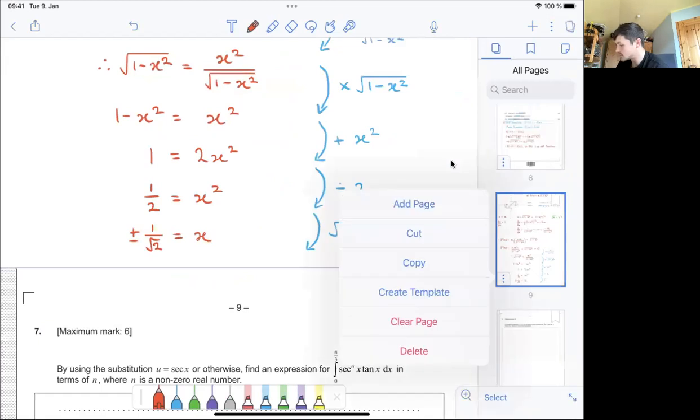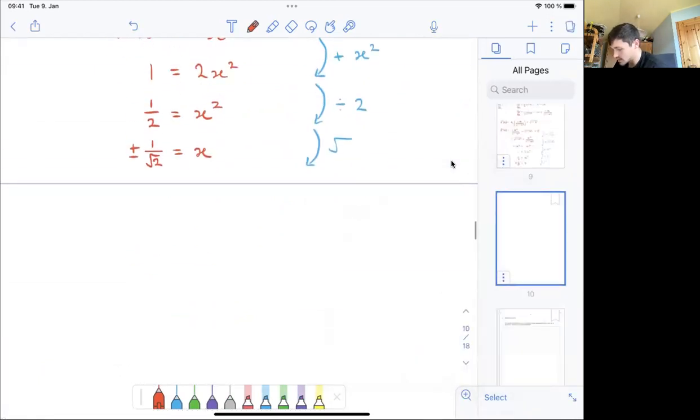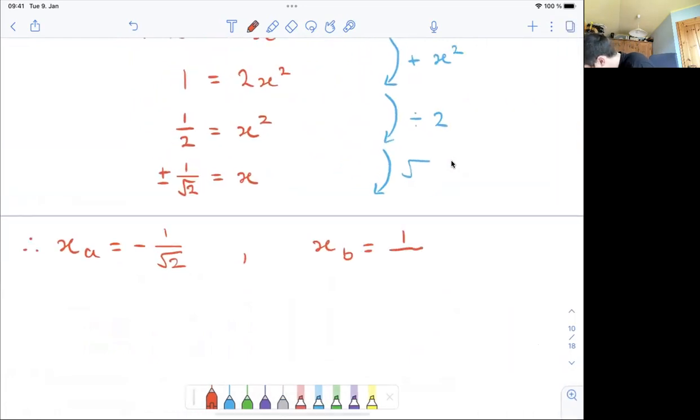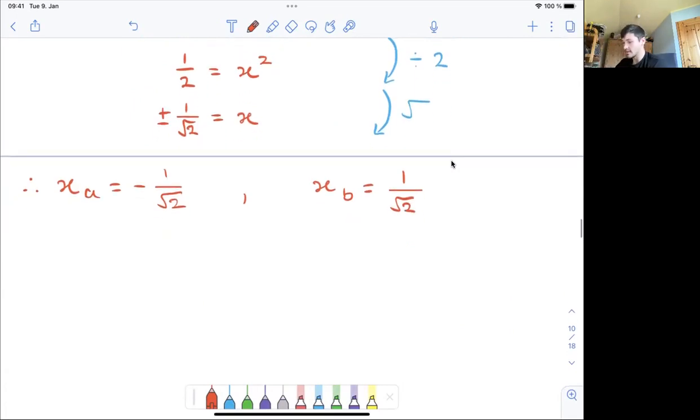And we need a new page, so let's bring this down. All right, so that means therefore xa is equal to negative 1 over the square root of 2, and xb is equal to 1 over the square root of 2. Check this. All right, now if we lob either one of these into our function f, let's say a is equal to f of